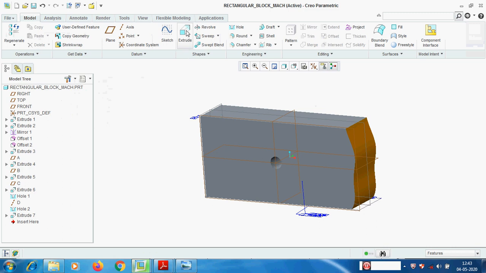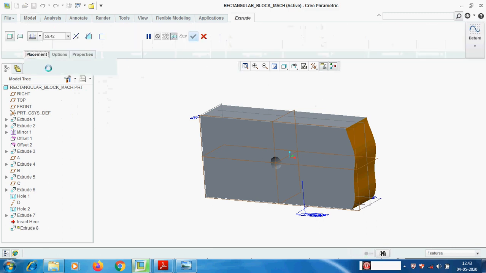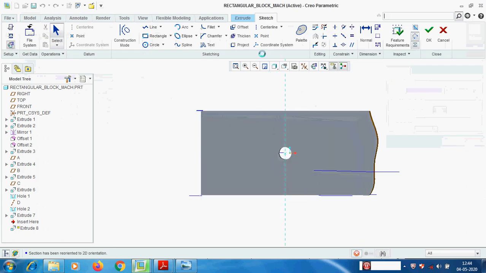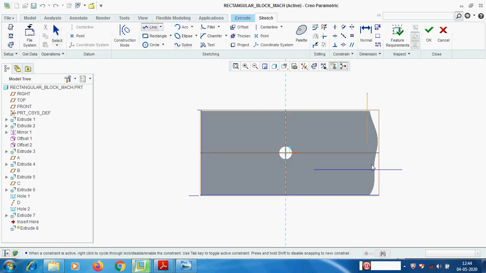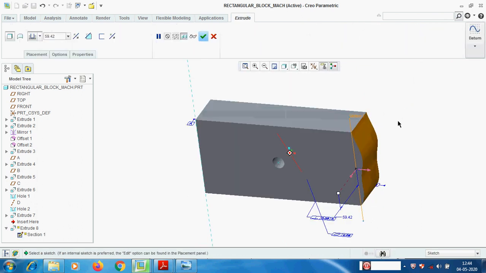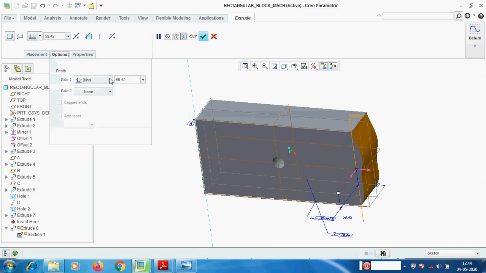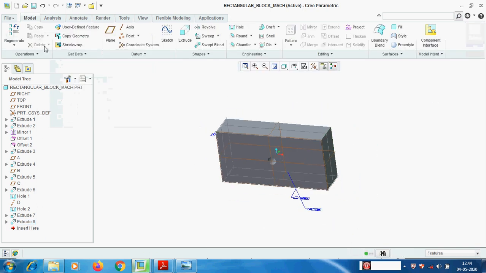Now extrude, placement, define, use previous sketch. I am going to remove, with respect to, we have to refer only the datums. Okay, now we have completed the block.